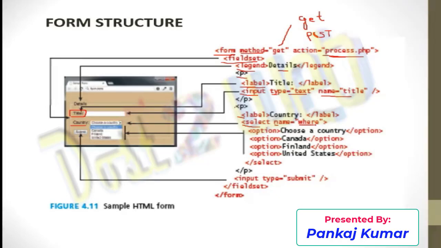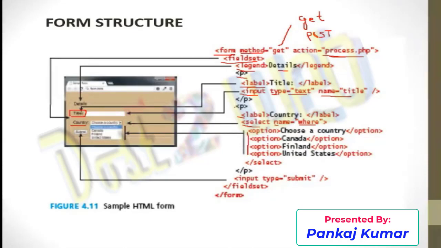The moment you give where, it will show the location. And what options are you going to give? I'm going to use different options, like choose a country. You have seen this generally for different states, like Karnataka, Tamil Nadu, Andhra Pradesh, whatever you want, you can define,